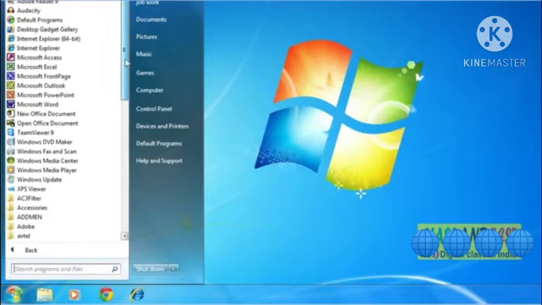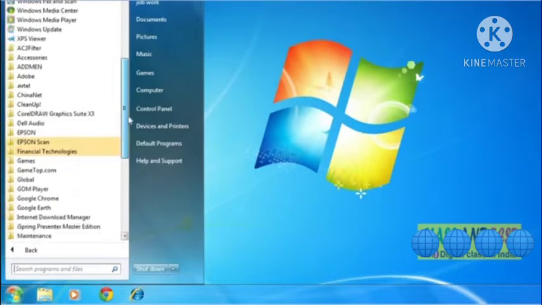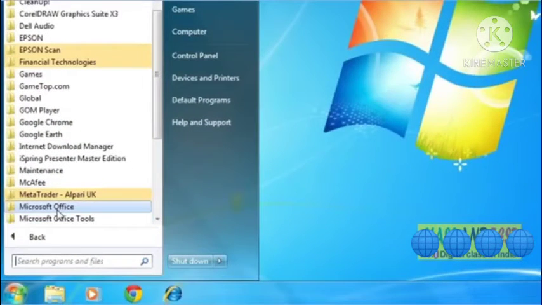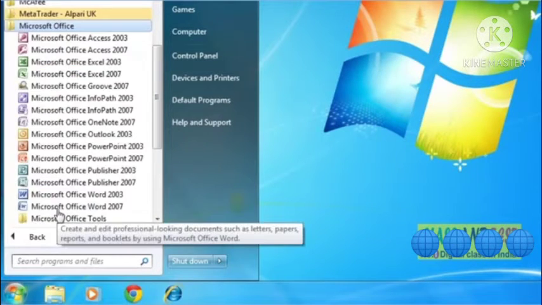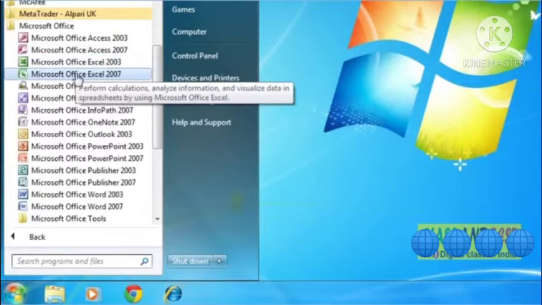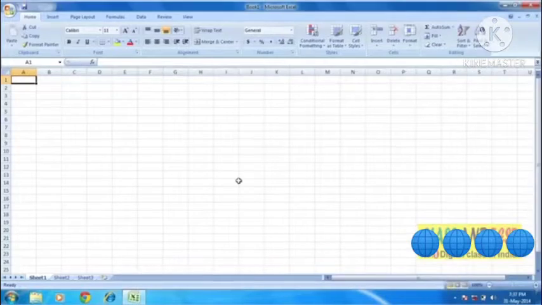Through the vertical scroll bar, you can see many options in that. And you can select the Microsoft Office option. Then many Microsoft Office programs will be there. From there we can select Microsoft Office Excel 2007. Then the window will open.